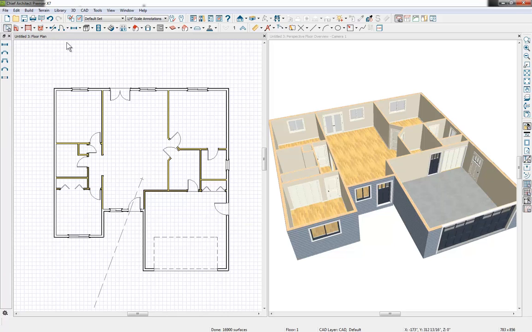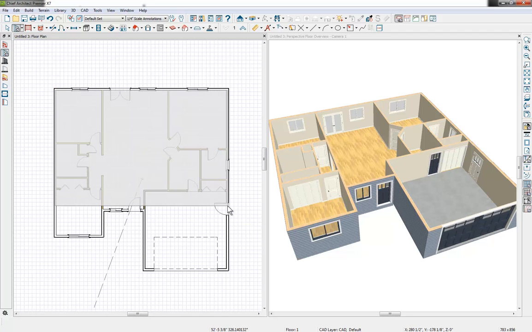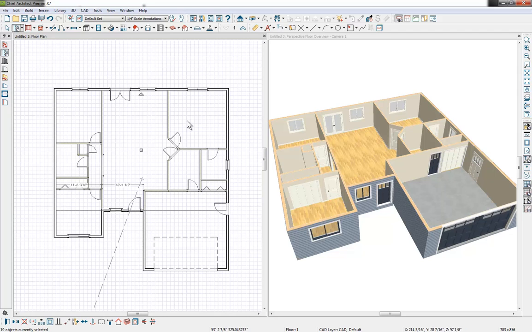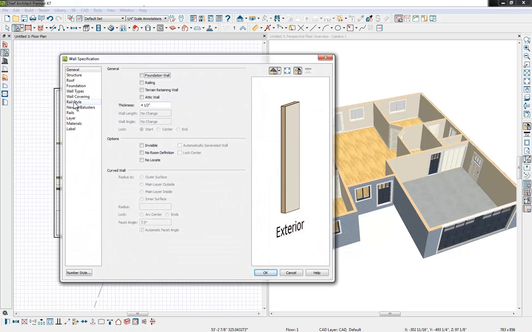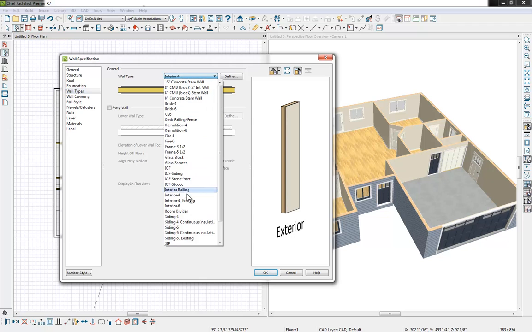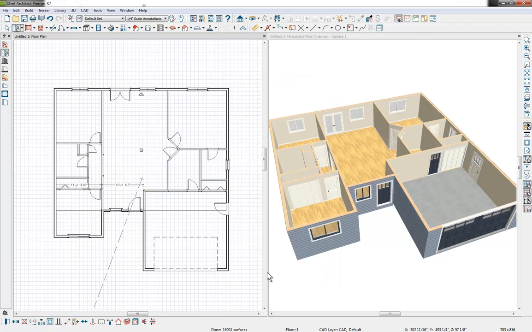You'll notice right away that we've got our different look here. And now we're going to change over to our interior, and we're going to use that trick that we used before, where I select the wall tool and hold the shift key down, and I do a marquee select right around all of our walls here, and that will grab just my interior walls for me. So I see they're selected. Let's open those up, and we'll go into our wall types and change that over to an interior existing. So now I have the look that I'm after in terms of the fill on our wall,